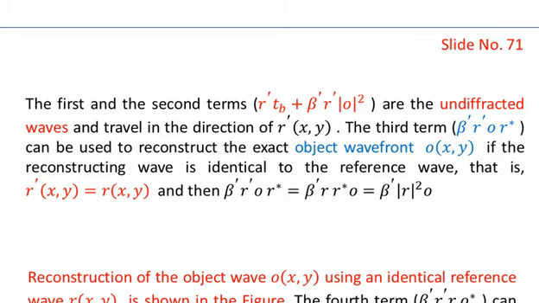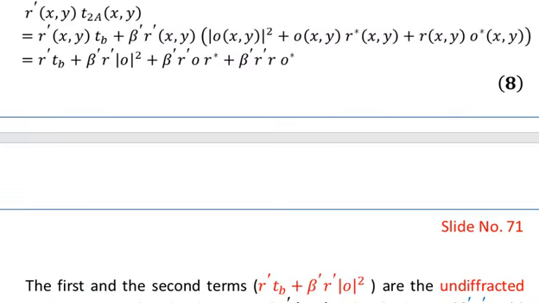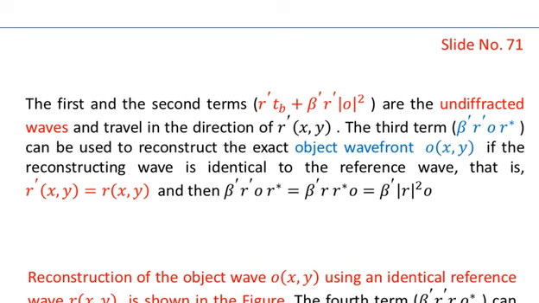The first and the second term, as we have shown in equation number 8, which we have combined in the parentheses over here, are the undiffracted wave and travel in the direction of R prime. So the beam that we illuminate the object with, these 2 terms will travel in the direction of R prime, that is the reconstructing wavefront. That is the reconstructing reference wave, or the reconstructing wave which is identical to the reference wave, which is R prime. The third term, which is beta prime, R prime O and R star,